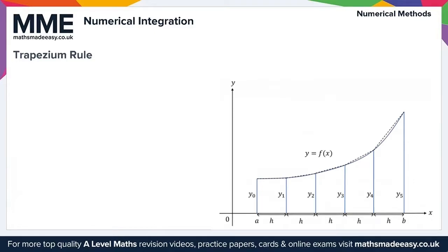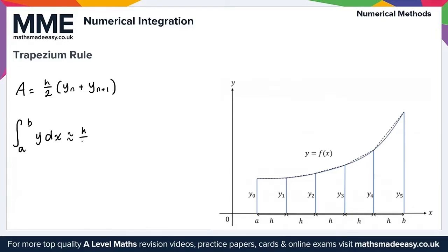The area of each trapezium is given as the following formula. So this is A equals h over 2 times yn plus y of n plus 1. Okay, and in that case the area is then represented by the integral here from a to b of y dx. And this is approximated by the following formula here. So the integral from a to b of y dx is approximately